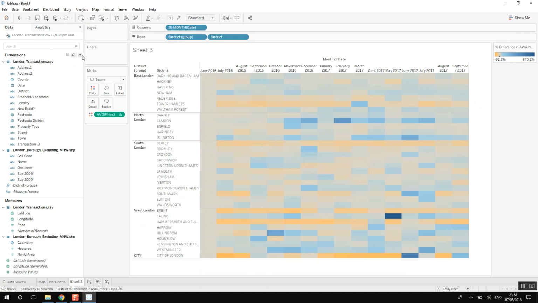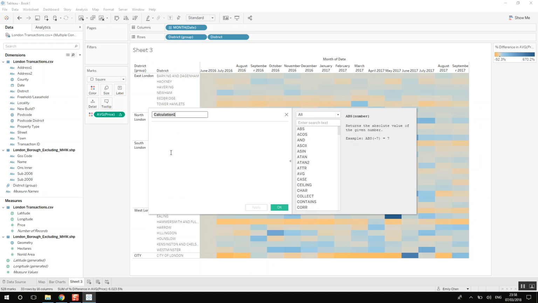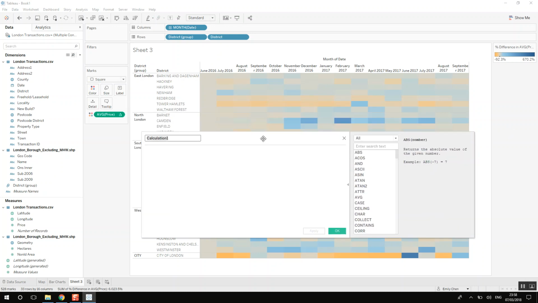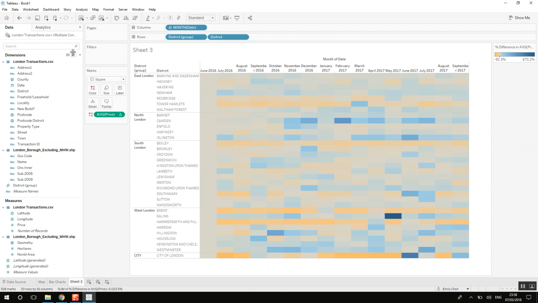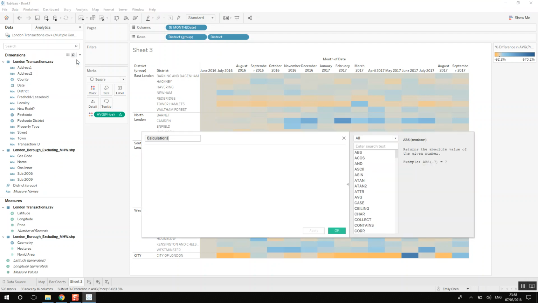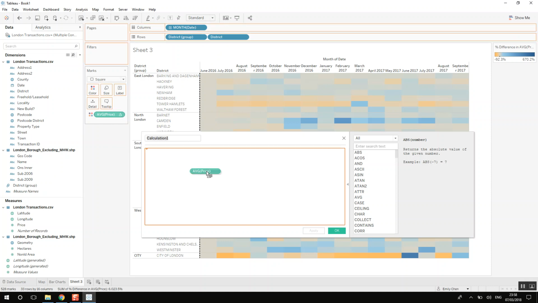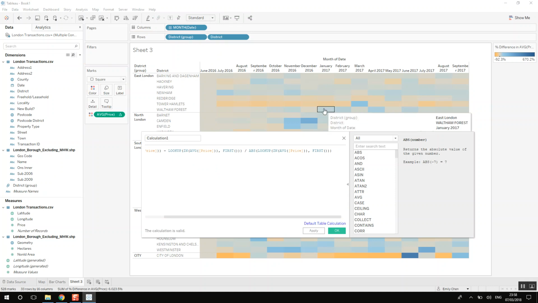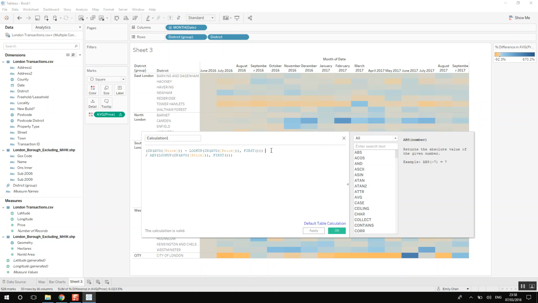Now if we wanted to see what that actually means, all table calculations are is just a really neat packaged way of putting it in. But if you wanted to deconstruct it, I'll open a calculations pane. Let me do that again. So I'm going here, I create a calculated field, and you can just drag that in. Usually I do this a lot as a way to save time because I already have a calculation. I'm just going to hold down Control as I drag this into the calculations window, and it has the calculation. This kind of seems like a lot if you aren't used to looking at something like this, but